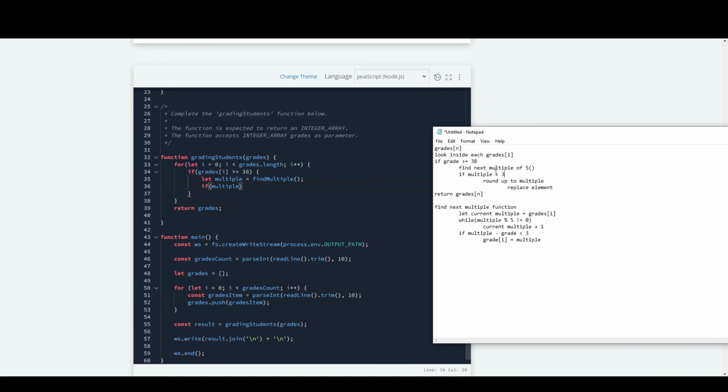Oh wait, no, hold on. This is multiple difference, I think. Multiple difference of 5. Find next multiple of 5. Hold on. Right, so